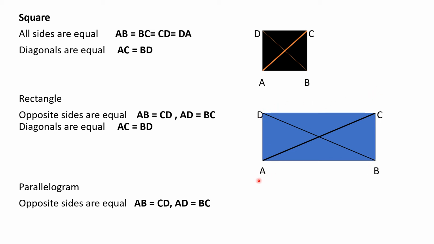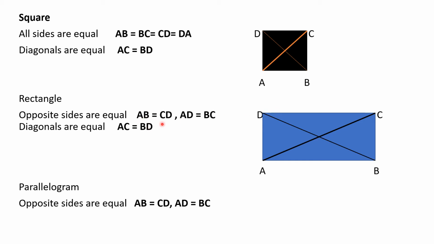You should understand that A, you should take it here; B, you should take it here; C, you should take it here; D, you should take it here. Sometimes what you will do is write A, B, and then C here, D here. That is wrong. You have to go in a cyclic way: A, B, C, D like that, right? Okay, so A, B, C, D like that you should go.